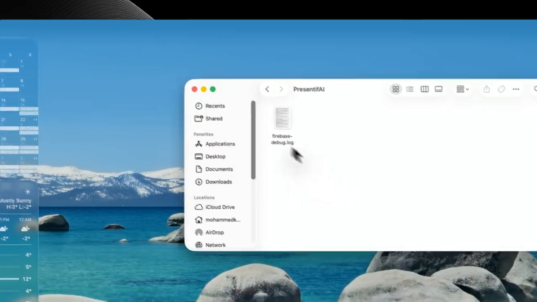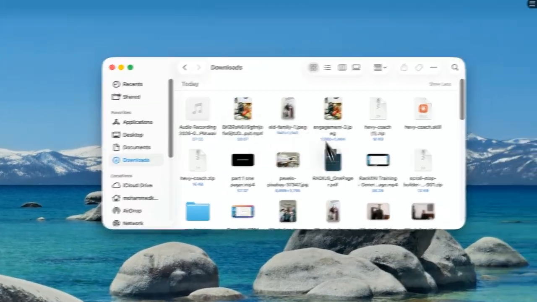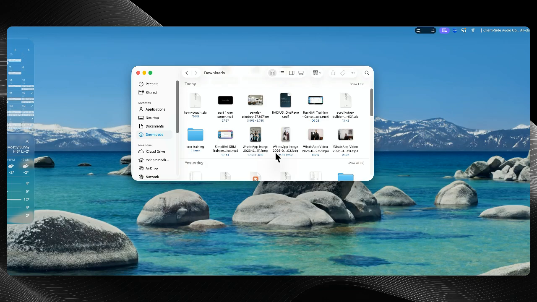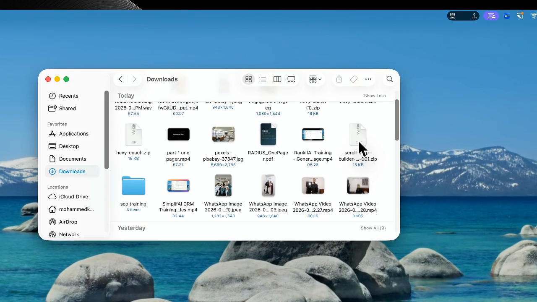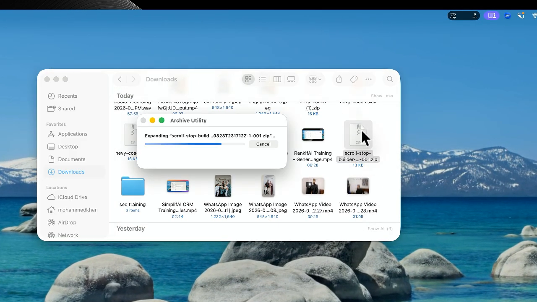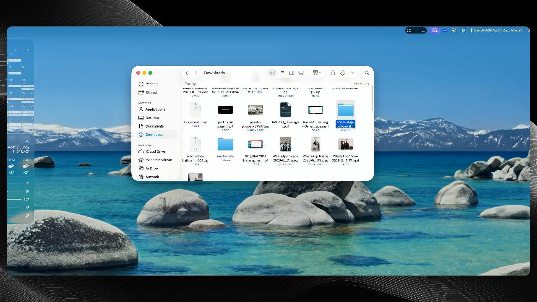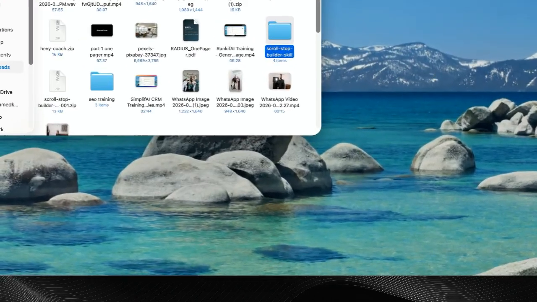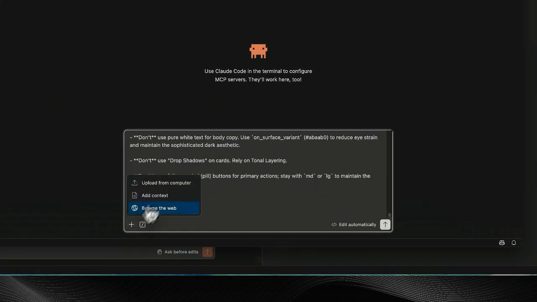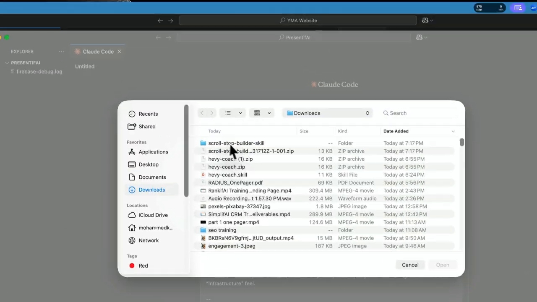Once downloaded, since I'm on Mac, I have to go to the download folder where I downloaded it. Where is it again? Scroll, stop. I have to just double click it so I can unzip it. So now that it's unzipped, I'm gonna go to VS Code again, upload from computer, and then I'm just gonna